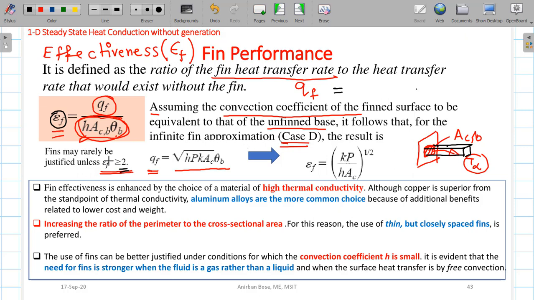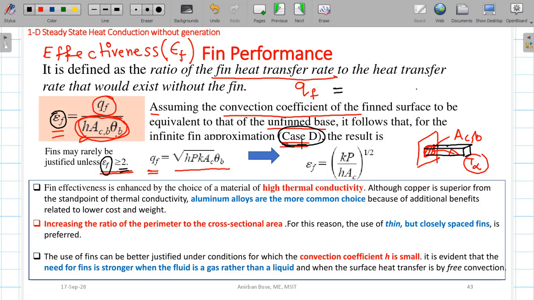Now we want to see what increases the effectiveness of the fin. What are the parameters on which we can judge that the effectiveness will increase? What will be the shape and size of the fins, or the fin material, so that the effectiveness will be more? For that we have taken one case. Which case have we taken? We have taken case D, infinitely long fin, with an expectation that that will give the upper limit of the fin heat transfer, because maximum amount of heat is expected to be lost in